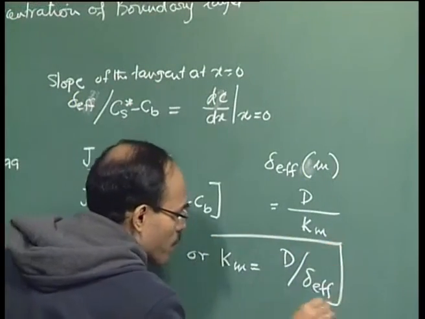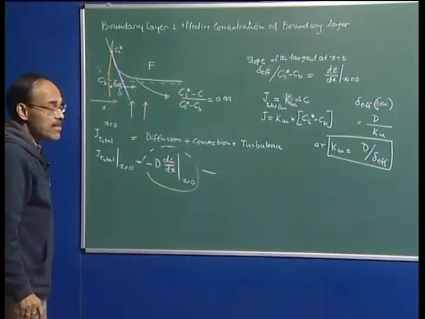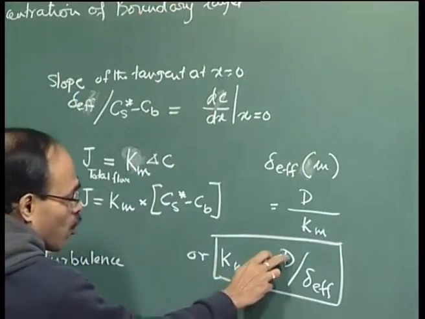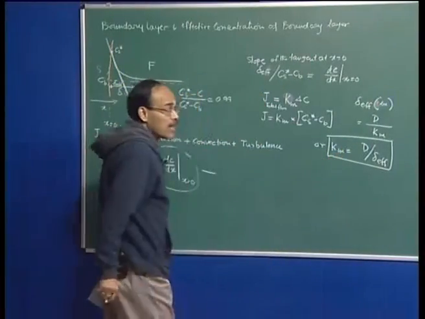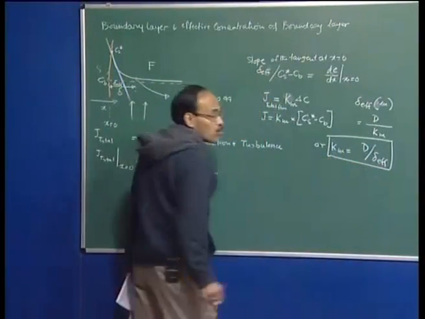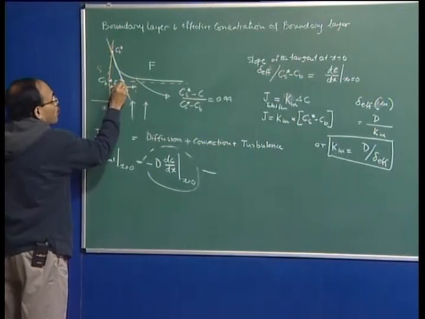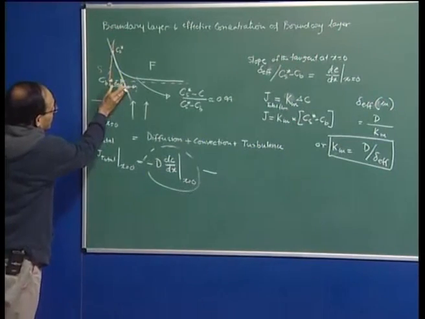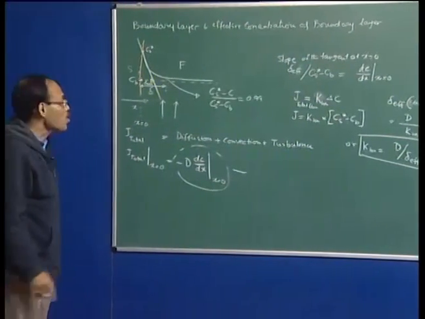So, as you can see, the mass transport coefficient, when you talk about mass transport between a solid and a fluid, is directly proportional to D and inversely proportional to delta effective. That means the delta effective is this distance. As this distance becomes less and less, the mass transport coefficient becomes more and more,